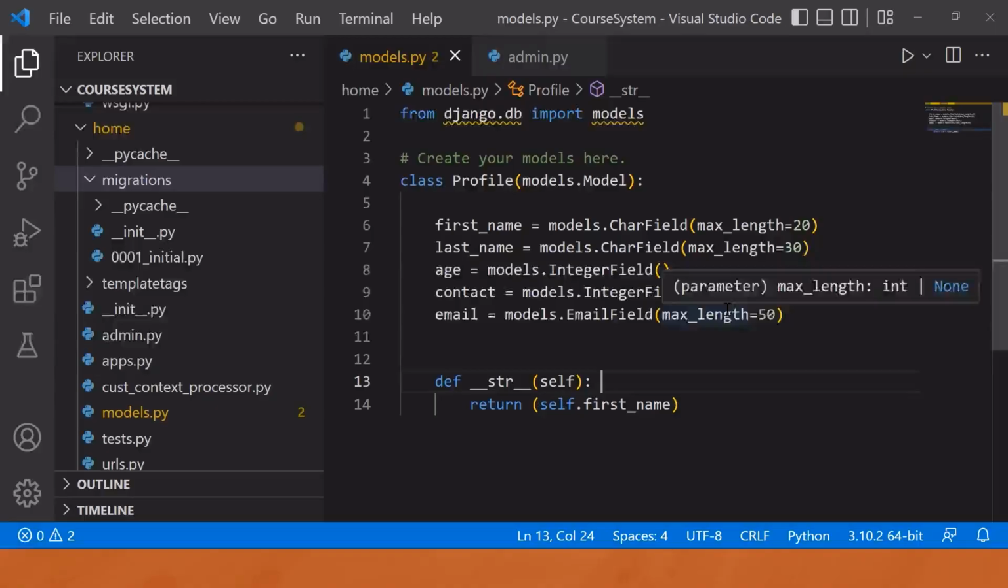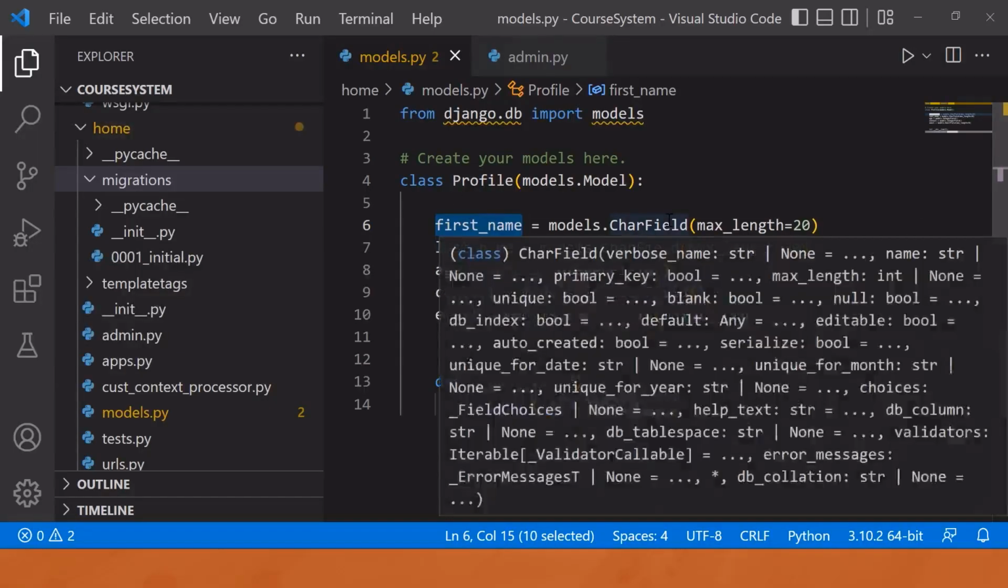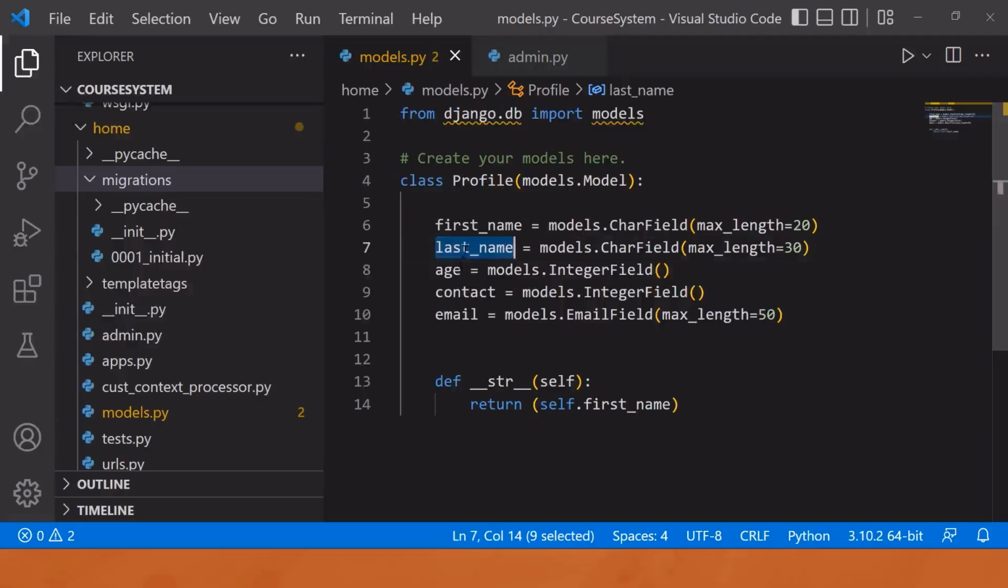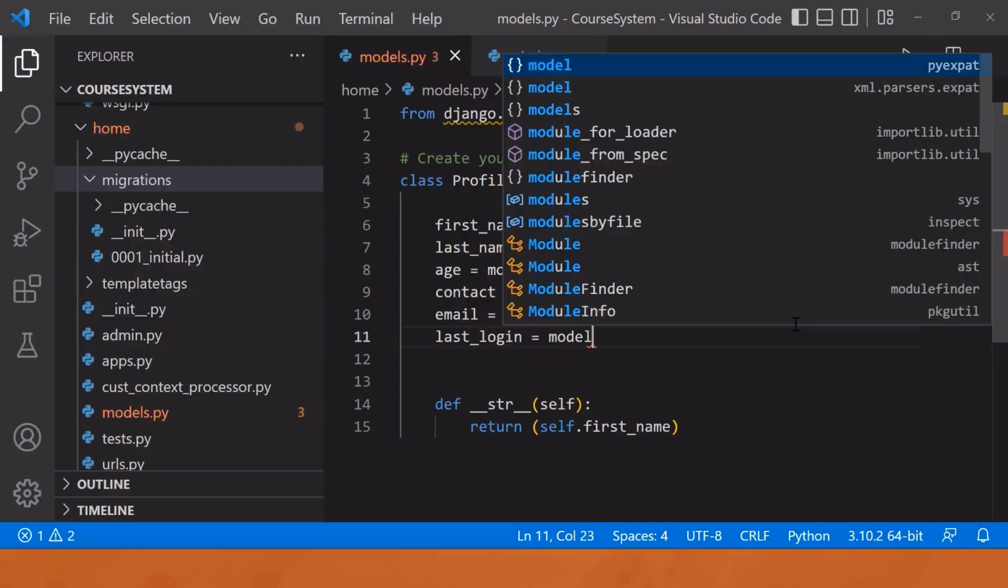Here on the screen you can see the models.py file that we created in our previous tutorial. We created one model class, which was Profile, and this Profile class consists of 5 fields. Each field is a class attribute. For example, first name is there, which is a char field, then last name, age, contact, and email. Now if we want to define a new field, we have to define another class attribute. For example, I want to add another field with the name last login,